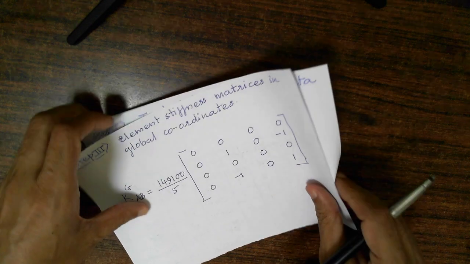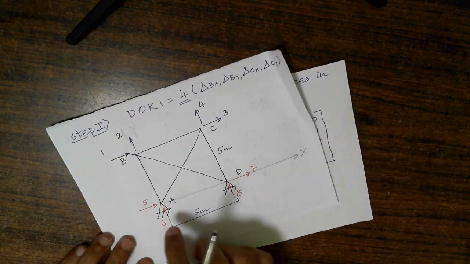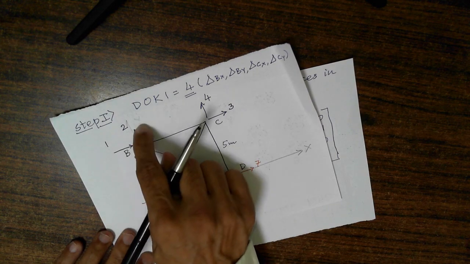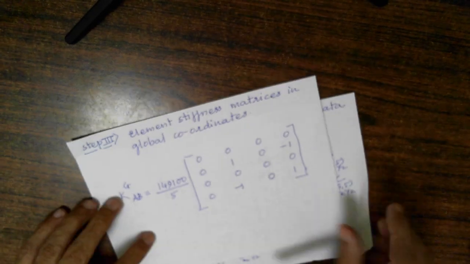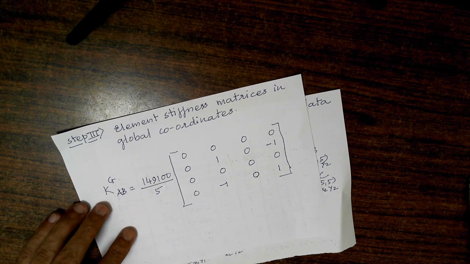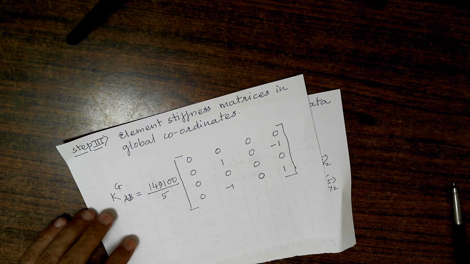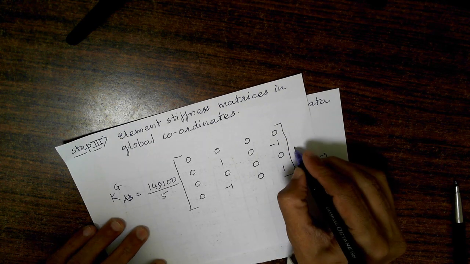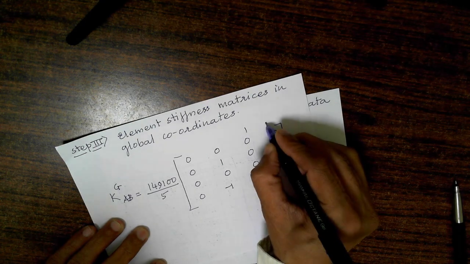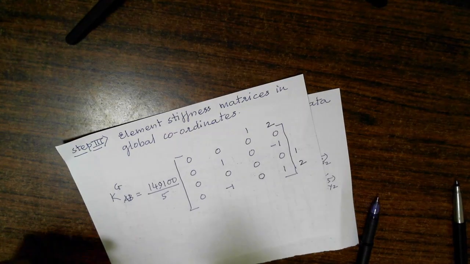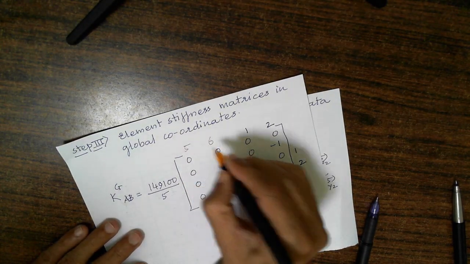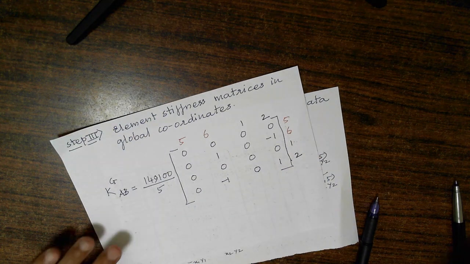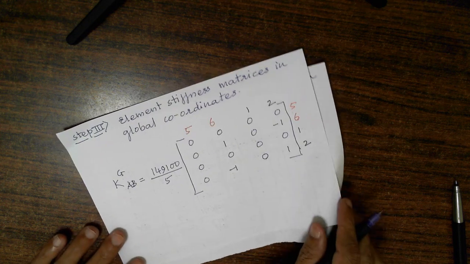And what are the coordinates of this AB? What are the coordinates of AB? How am I going to write coordinates for AB? It is 5, 6, 1, 2. Coordinates of AB, I am writing 5, 6, 1, 2 by 5, 6, 1, 2. So I am writing the coordinates 5, 6, 1, 2 by 5, 6, 1, 2 like this. It is 1, 2, 1, 2 and this is 5, 6. Non-possible I am indicating in orange color. So 5, 6, 1, 2 by 5, 6, 1, 2 are the coordinates of global AB.